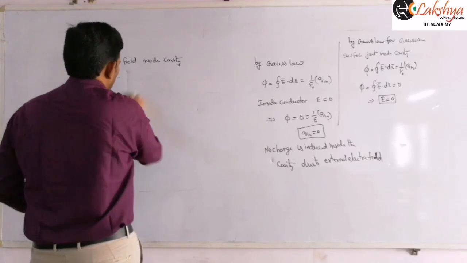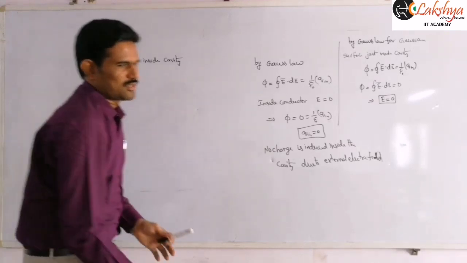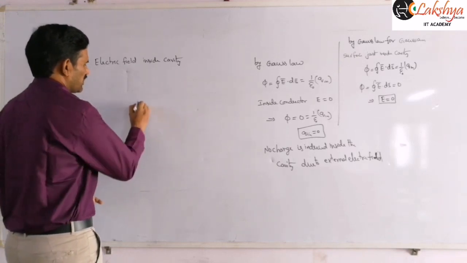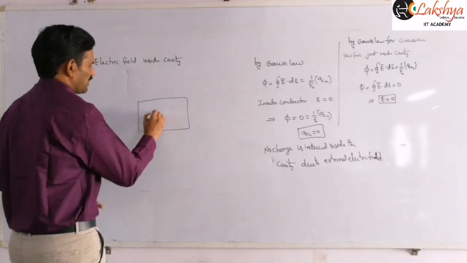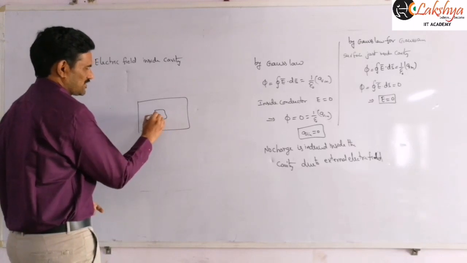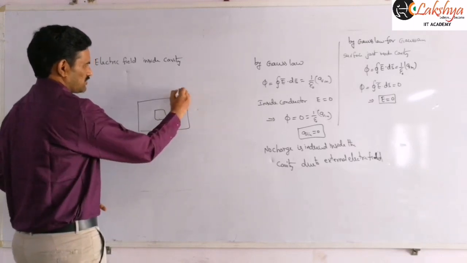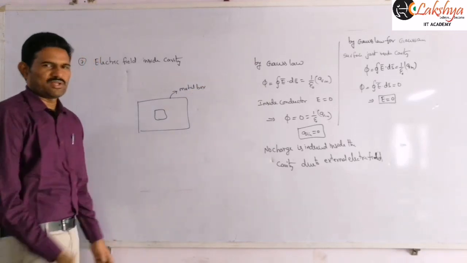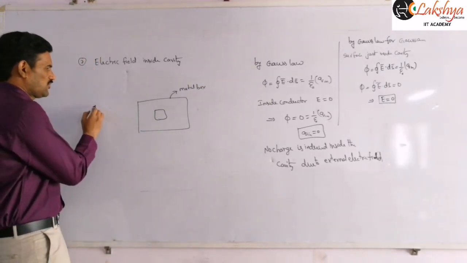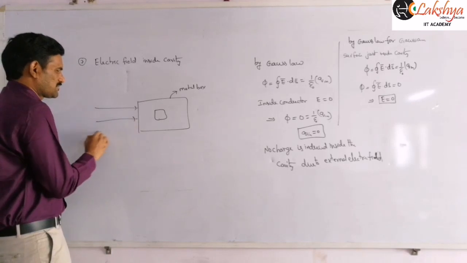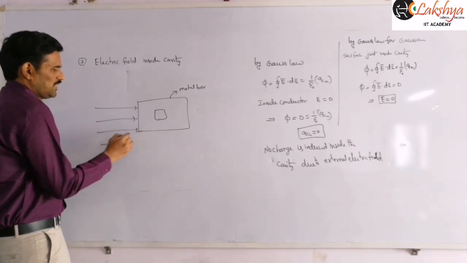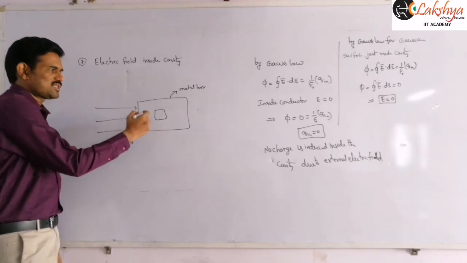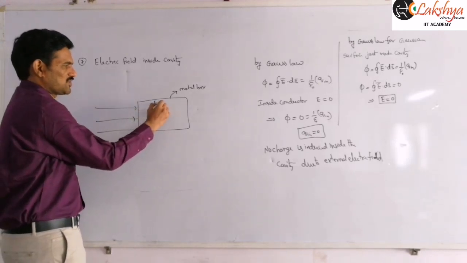Sensitive instruments like a galvanometer are such devices. Suppose you are placing such a galvanometer in a metal box here, this is the device and this is the metal box. If any external field is present here, then such an external field cannot affect the device, because inside, the electric field will be zero.